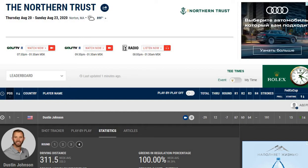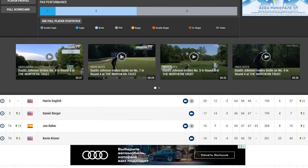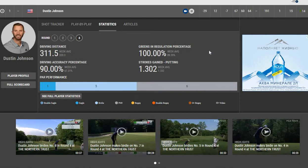We can see that today Dustin has amazing statistics. The driving distance is 311.5 yards, the driving accuracy percentage is 90%, and greens in regulation 100%. And currently he has a score of -7, and of those -7 he has gained just 1.3 strokes from putting, and